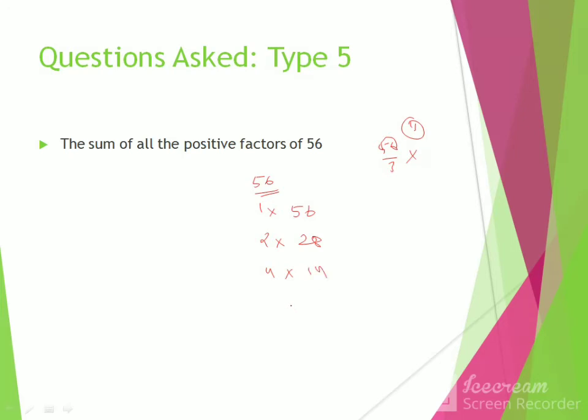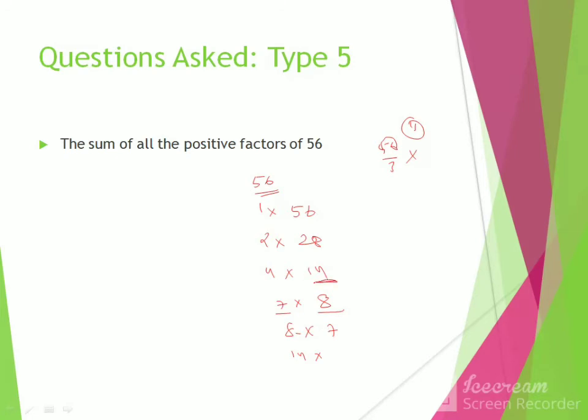6. 5 sixes are 30, 6 sevens are 42, 6 eights are 54, and again 56 will not be divisible by 6. 7 it will go, 7 eights are 56, and similarly 8 sevens are 56. Now if you go with 9, 10, 11, 12, 13, 14, it will not be divisible. You can simply see that this number is getting repeated, 7 and 8, 8 and 7.